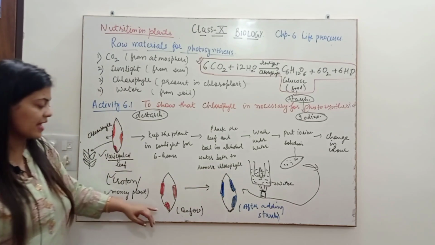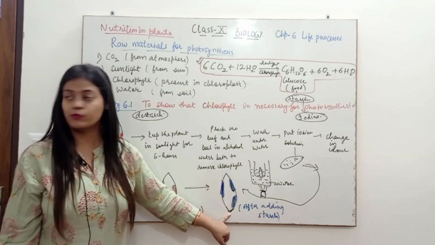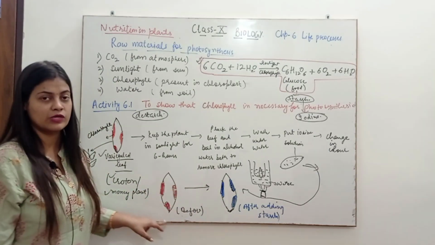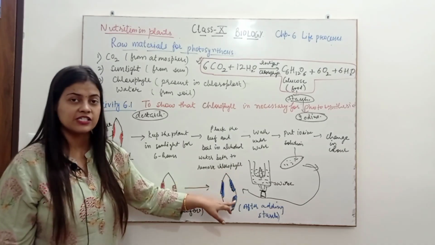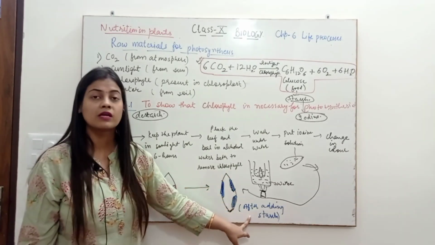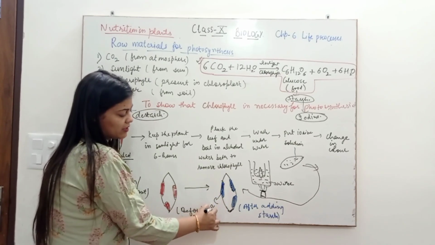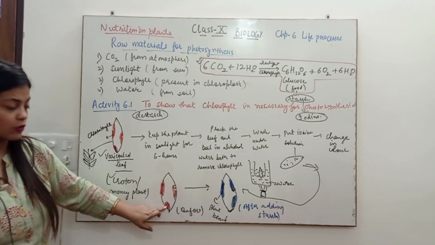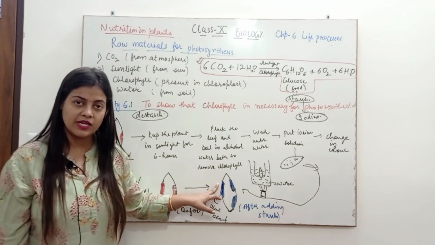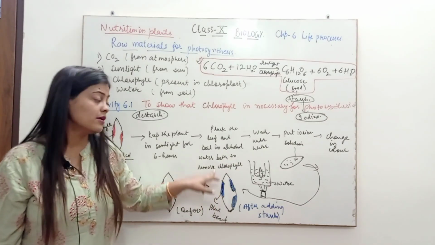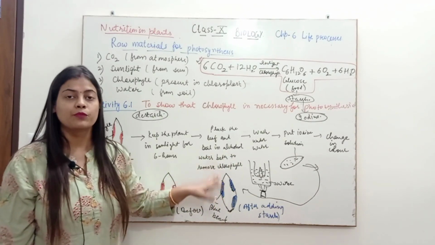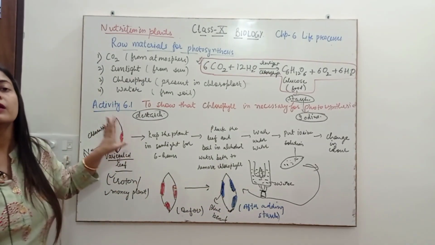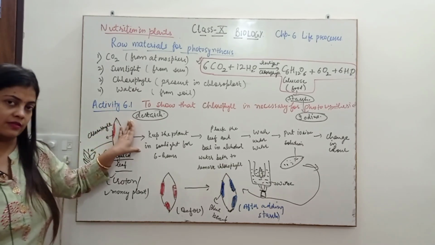After some time you will see the result in this form. I have shown the leaf before testing and after putting iodine solution. Before testing there were patches of green color representing chlorophyll, and wherever the patches were present, they have become blue black in color. Can you see the blue black color? What does it indicate? It indicates that wherever the chlorophyll was present, photosynthesis was happening and starch was there. Due to the change in color of iodine, it proves that starch is present only in these areas, which proves that chlorophyll is necessary for photosynthesis. Is it clear?